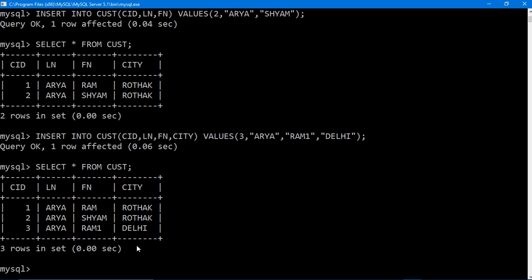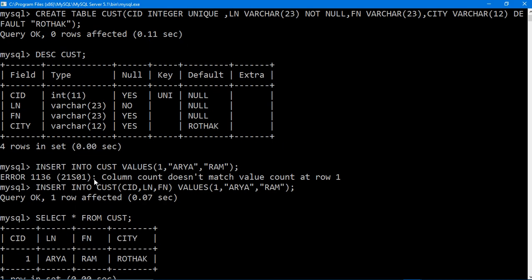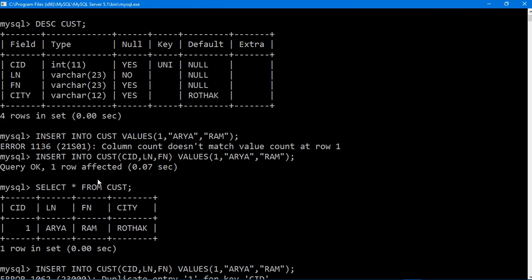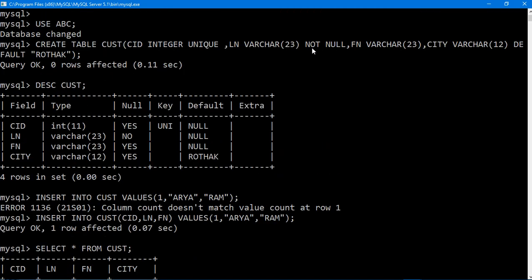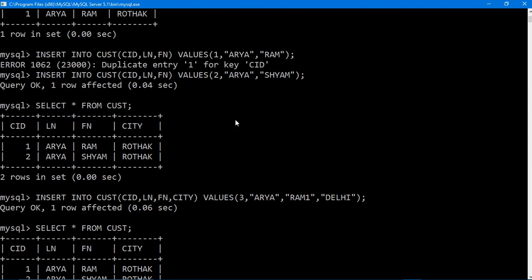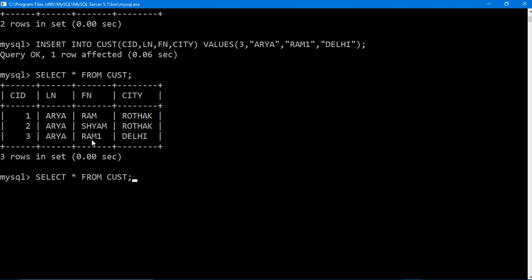Okay. Let me check this ln also. ln was set for your not null constraint, which means if you are not entering ln then it will not allow you to add. So how will you check it? I will remove ln.